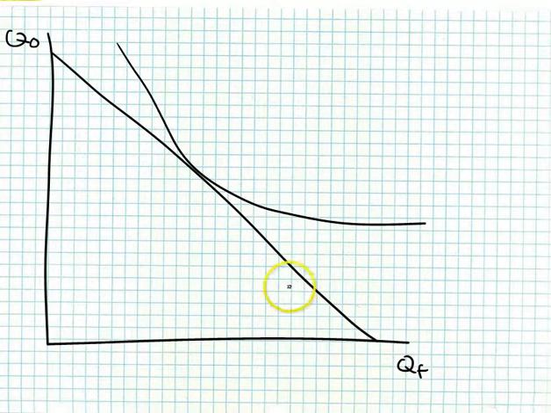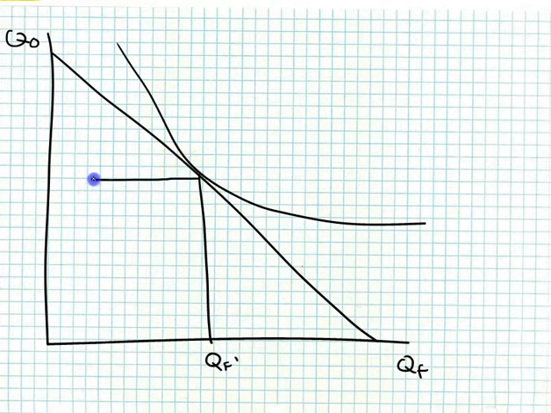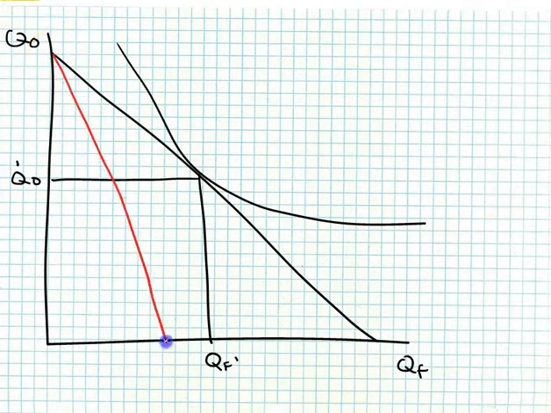As always, we have a budget line and an indifference curve, and we can find the quantity of food that we demand and the quantity of other goods that we demand in equilibrium. And we said last time that we wanted to increase price. Again, when you change price, the budget line rotates around the maximum quantity of the good. The price doesn't change. In this case, increasing price decreases our consumption possibilities, and so our budget line rotates in